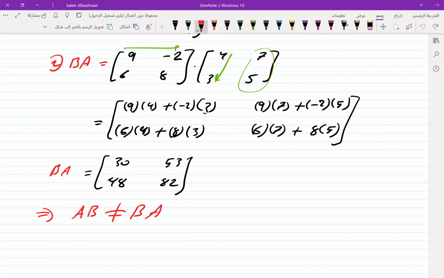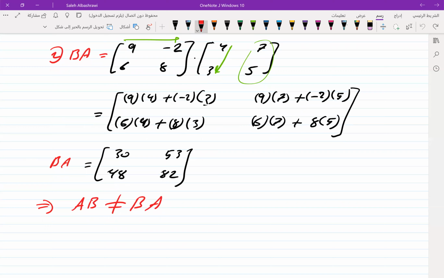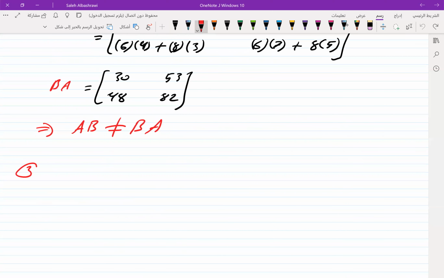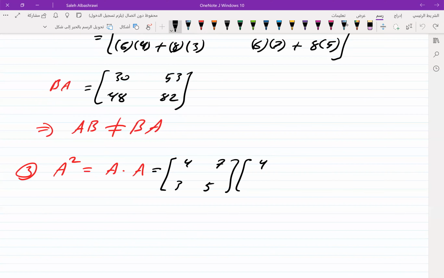One more. Let's find A square. Number 3. A square is A multiplied by A. It's A times A. Which is equal to 4, 7, 3, 5 multiplied by 4, 7, 3, 5, which is equal to